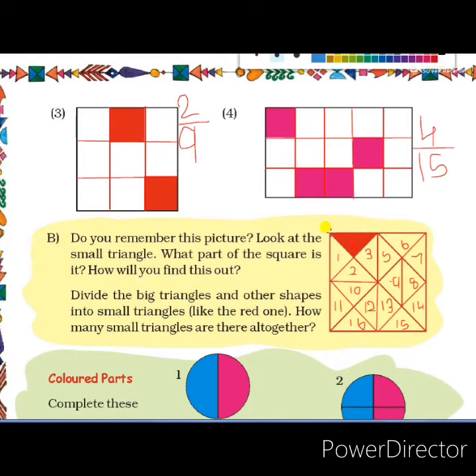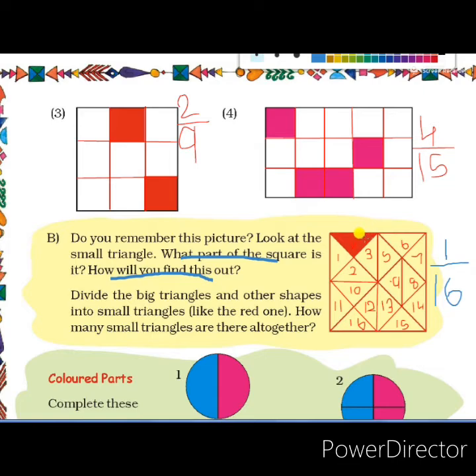Here in this picture, it is a square and in that square they have drawn one triangle and colored it. Here we have asked the question, what part of this square is that triangle and how will you find this out? Students, for finding that we have to divide that square into different small triangles of the same size as the colored one. So I have divided that square into triangles of equal sizes. Total there are 16 triangles we can make from this square. So we have to write that 1 by 16 part of this square is that colored triangle.